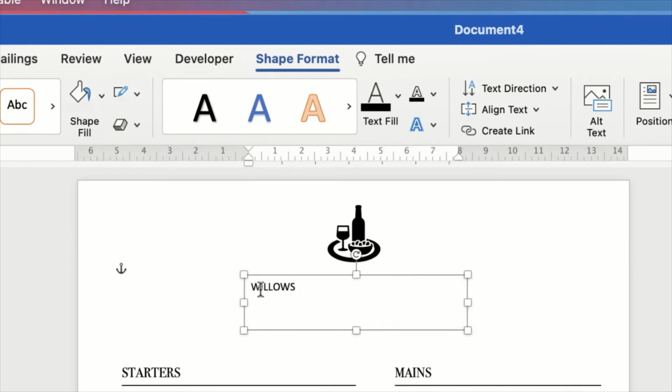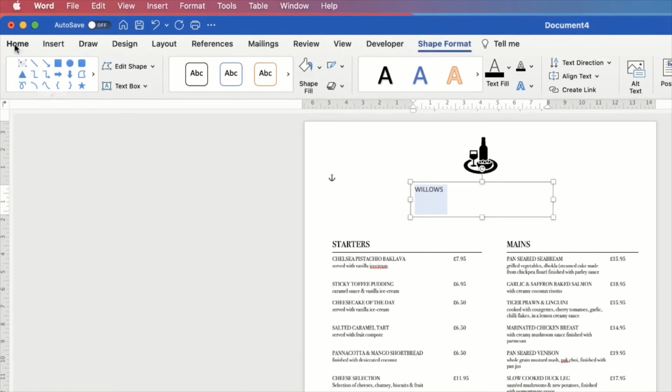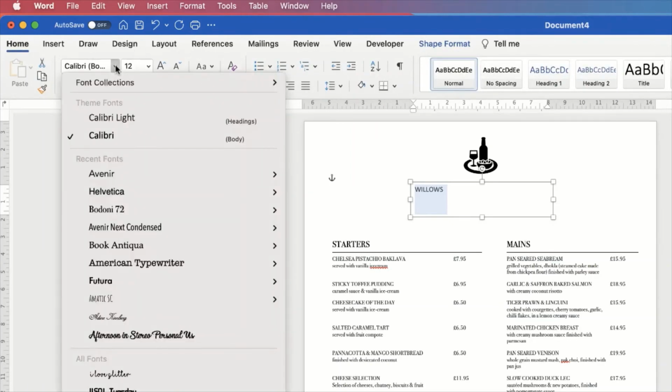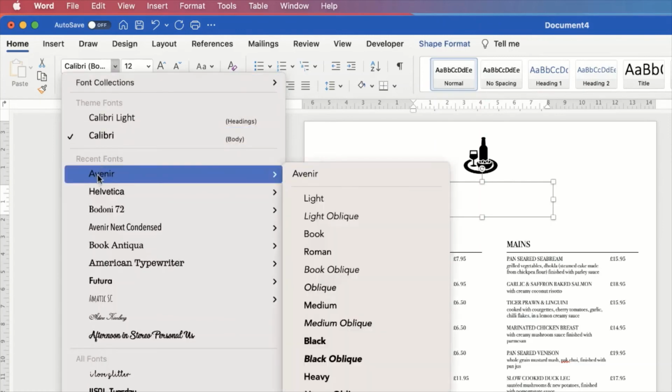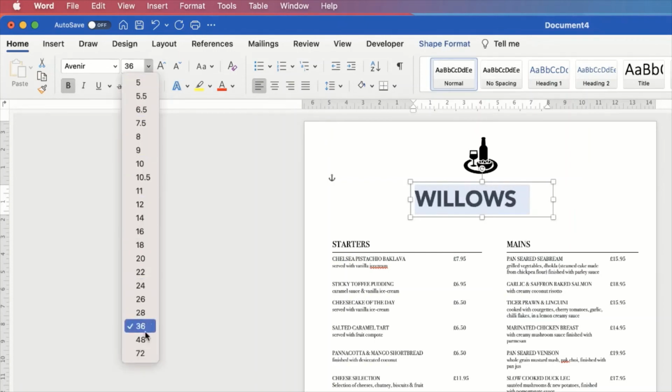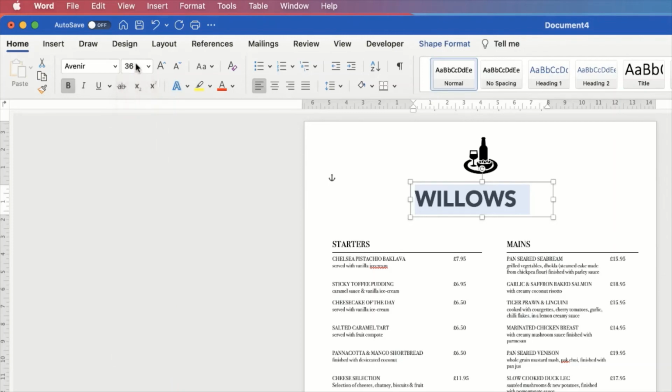I'm going to highlight all of this text by pressing Command or Control A on my keyboard. Go up to the Home tab, and then using this section here, I'm going to alter my font and font size. So I'm going to use this font. And I'm going to increase that font size until I'm happy. Probably about 30. So I'm going to enter in 30 here, press enter,